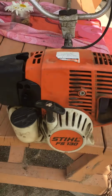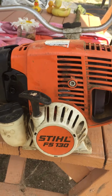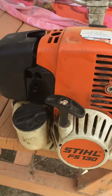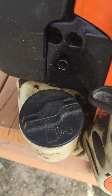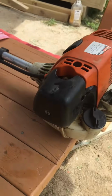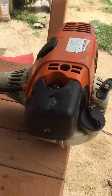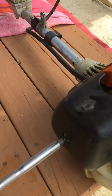Hi there, you got a Stihl FS 130 or one of the 4-stroke Stihls that have oil in an oil mix. When you fuel it up, there's a good chance that it'll run rough and run rich, and you wonder what's going on. Why is this thing not working? Well, I found a simple solution after doing 2 carb kits